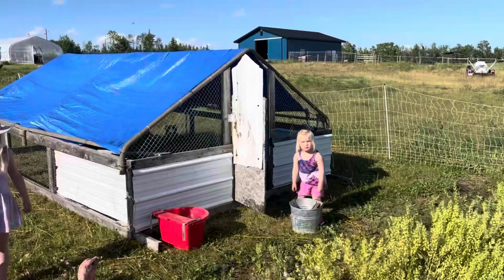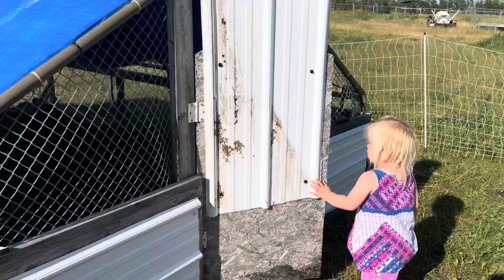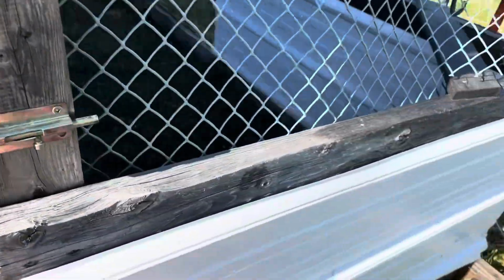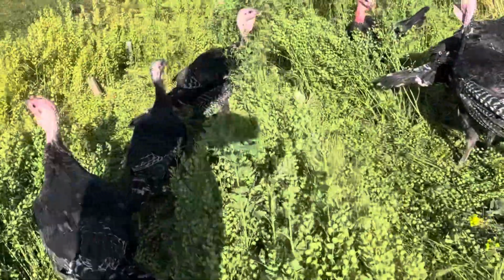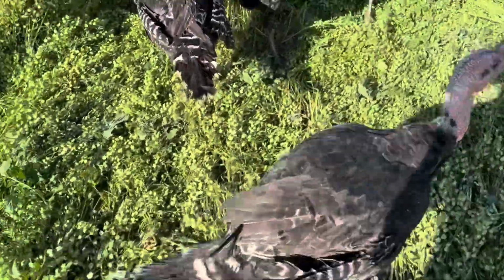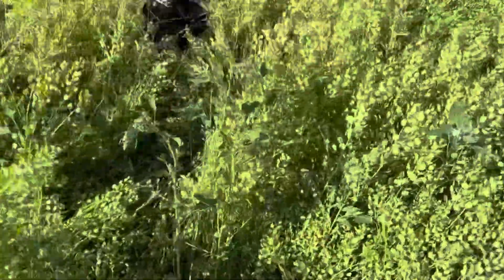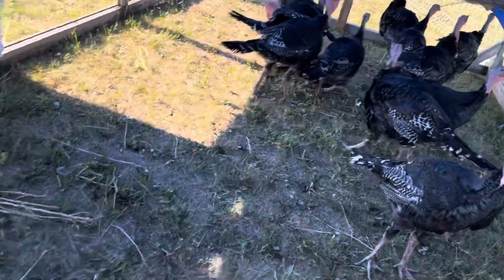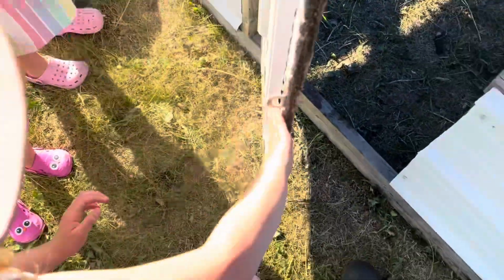Finn, get out of the way of the door, honey. Don't, no. Finley, go there. We need the door open. Come on, birdies. Come on. Whew, that's them all. Okay, close the door, Finn. Move your bucket. Now put the bucket